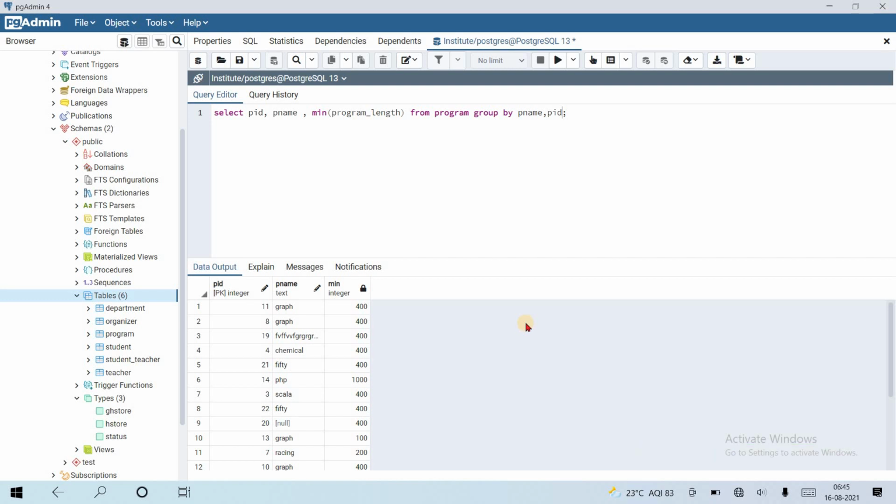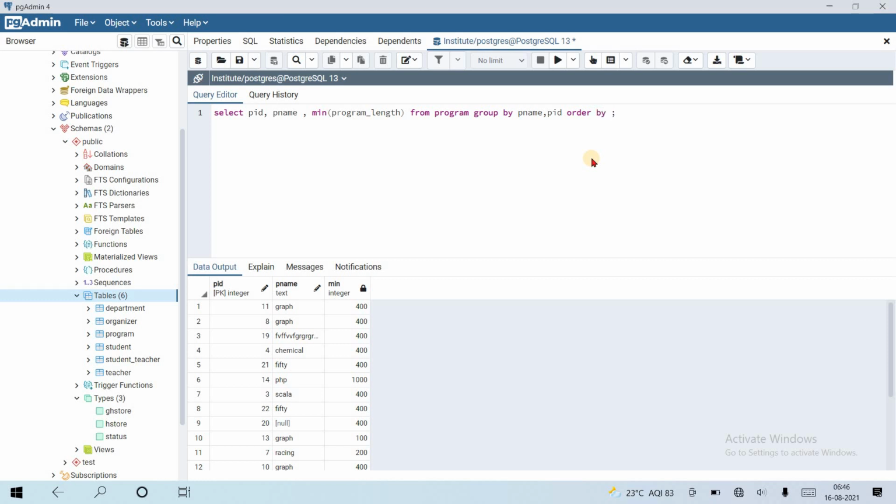So we can do order by here. All the PIDs are coming like this, all pname and all the minimum of program length. So we can do order by PID, then pname too.